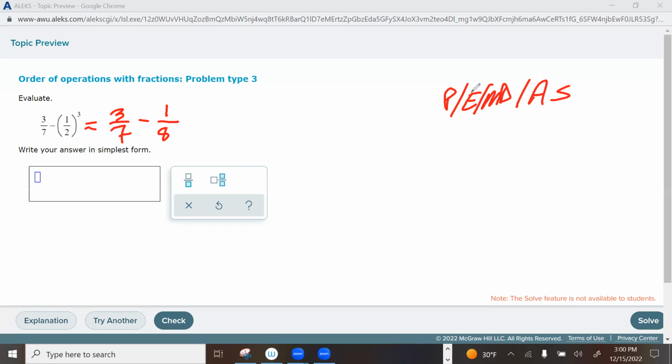So we just did x. Are there any other exponents? Nope. Any multiplications or divisions? Nope. Any additions or subtractions? Yes. So I see a subtraction of fractions. When you add or subtract fractions, you have to have common denominators. Looks like our least common denominator is going to be 56. So I'll multiply by 8 over 8 and 7 over 7. And we'll get